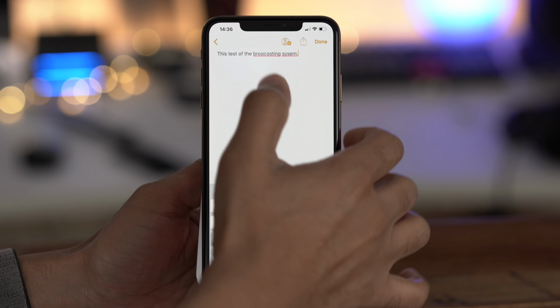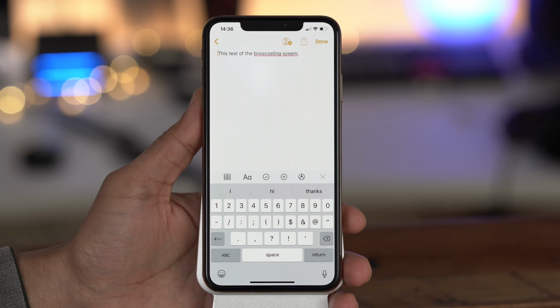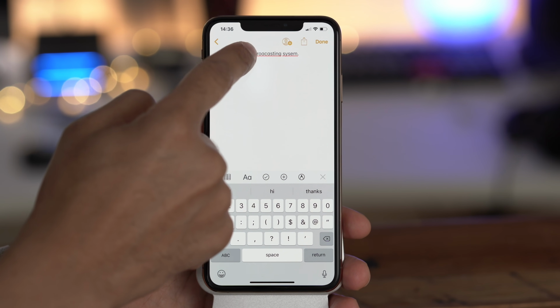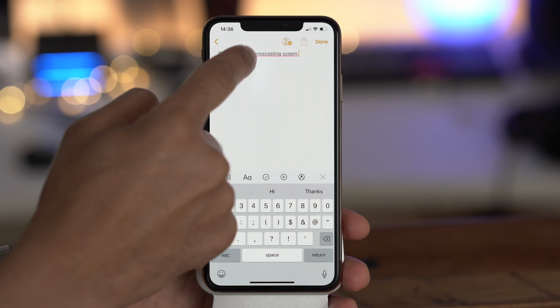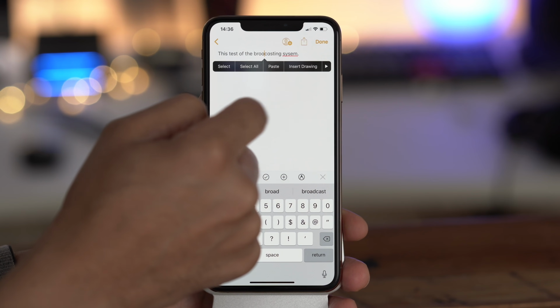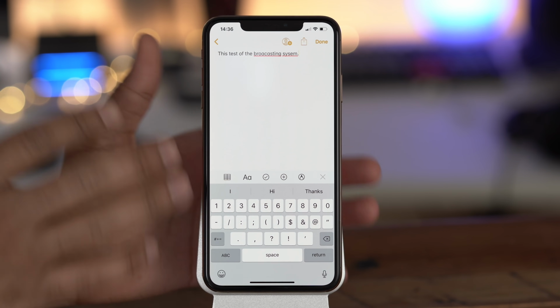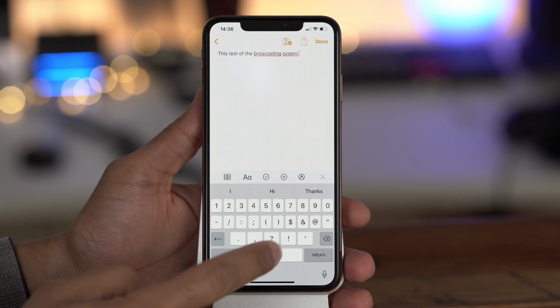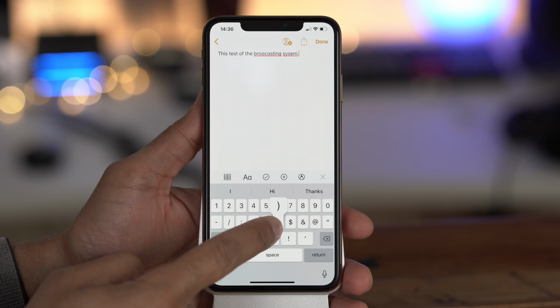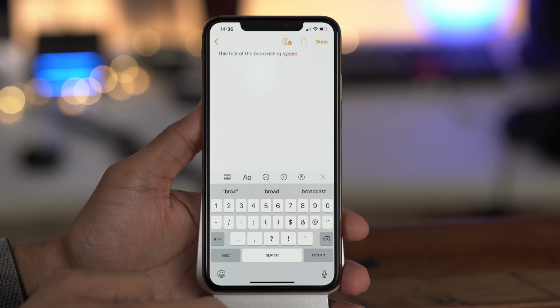Trackpad mode is an absolutely great way to move your cursor in iOS. Let me show you why this is so useful. Normally, if I wanted to correct this misspelling, I would have to tap and hold and drag the cursor over and get it just right. You know, it's a little bit tedious, right? But with trackpad mode, you can easily move that cursor. You can use a 3D touch right on the keyboard, move the cursor, get it right into place, and then